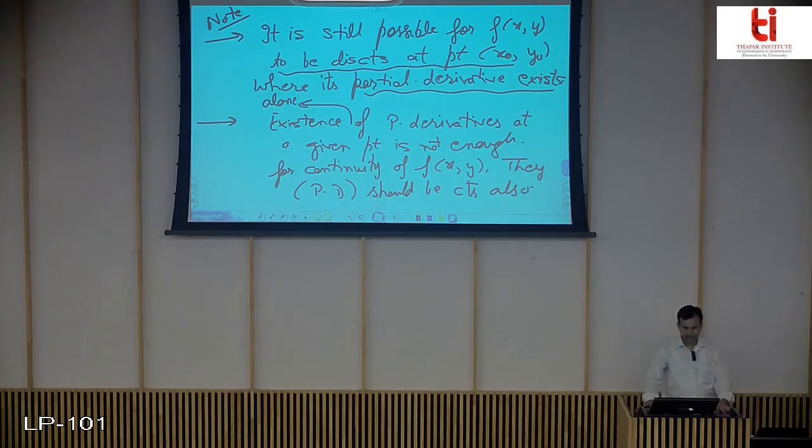So this is all about some points regarding the differentiability of a two variable function. Whenever we say differentiability in two variables, it means partial derivatives not only exist but are also continuous. Otherwise, the statement that a function is differentiable and continuous will not hold true. So partial derivatives should exist, but also they should be continuous. Okay.